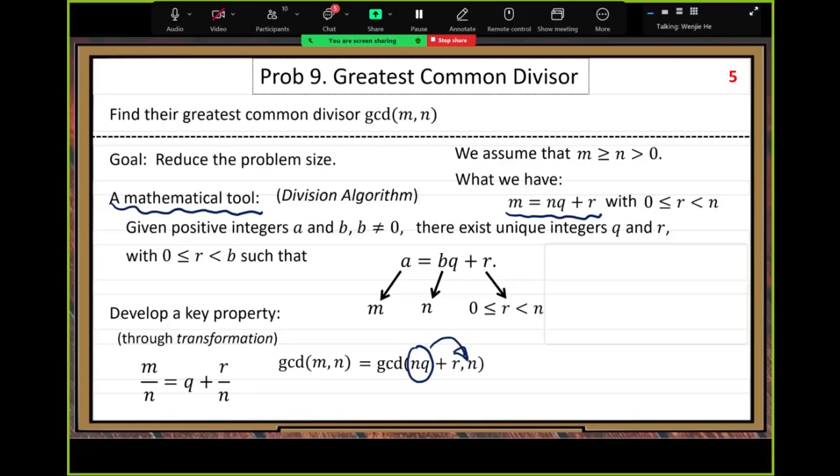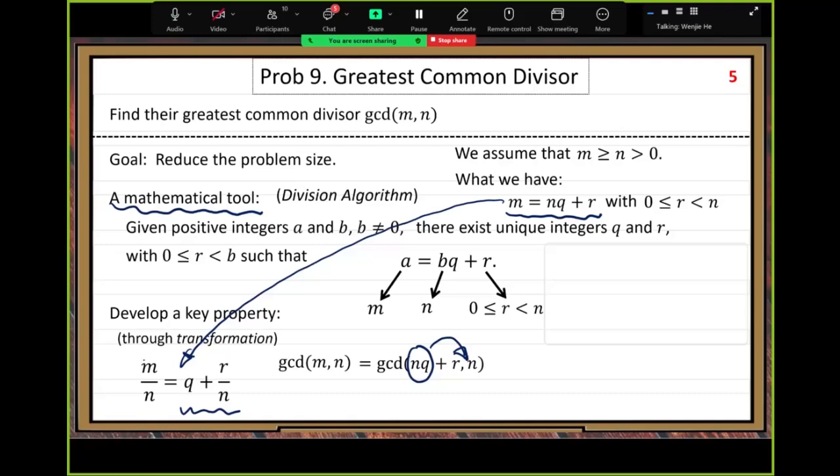Based on the M representation, we have the quotient, that's an integer, plus a smaller fraction, R over N. So the mixed form of the fraction: the integer part and the fractional part. Now, with this new representation,